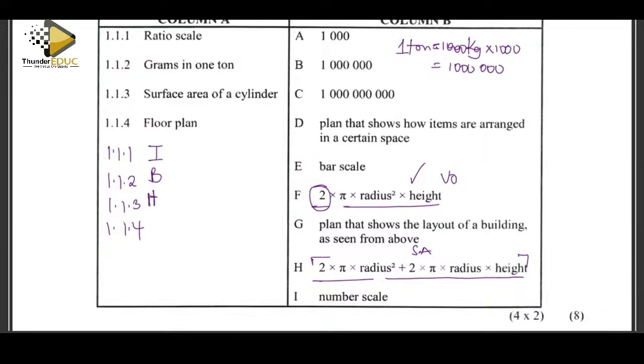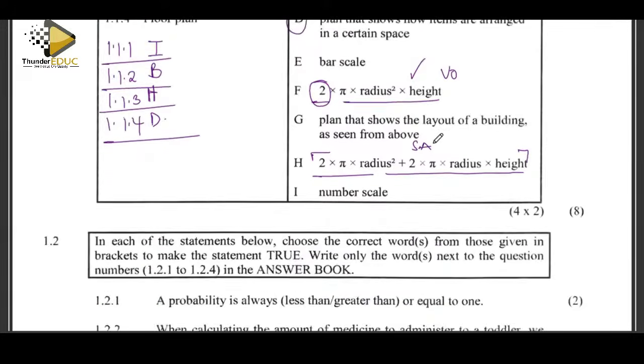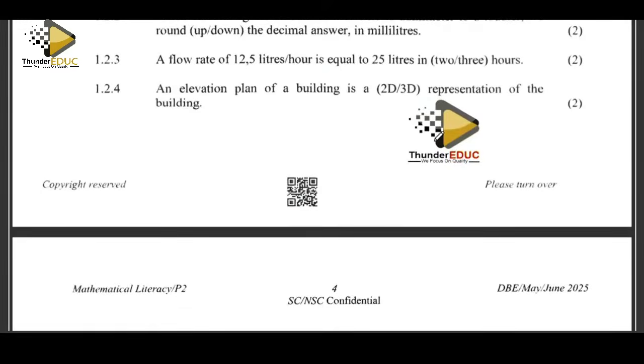The last one, the floor plan. This is it. A plan that shows how items are arranged in a certain place. A plan. So finished. These are the possible answers that we have. Okay, let's continue and look at question number